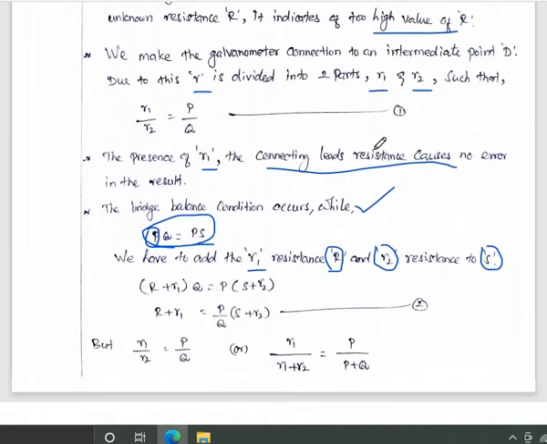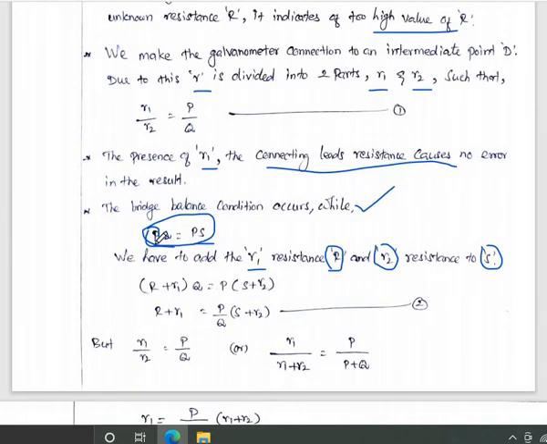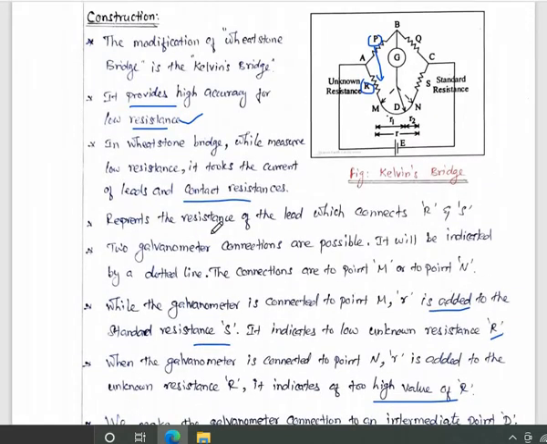Just we have to come here, and the P value is nothing but R1 plus the capital R plus small r1 into Q, because here Q is not available in that loop. Here, in that area, PQ is equivalent to this opposite arm R, that capital R plus, maybe the galvanometer is placed here, the galvanometer is placed here D. So the total resistance, capital R, can be added with the small resistance value r1 into Q.